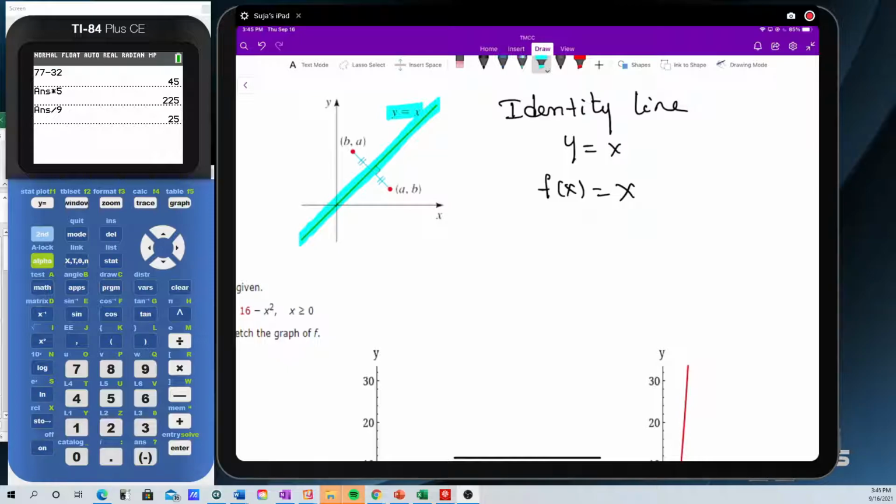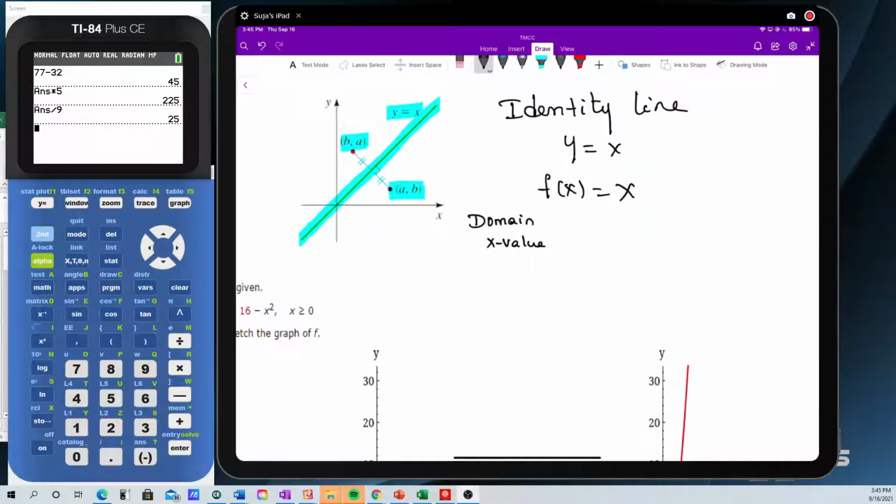If I have a graph of a function with point a comma b, then I will have a symmetrical point b comma a if they are inverses of each other. So if it's an inverse function, it must satisfy this. And I also know the domain, which is the x value